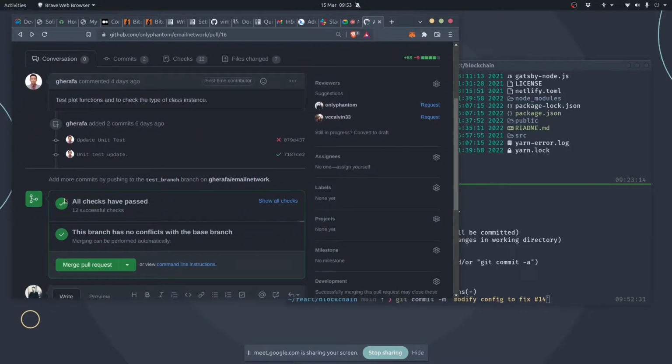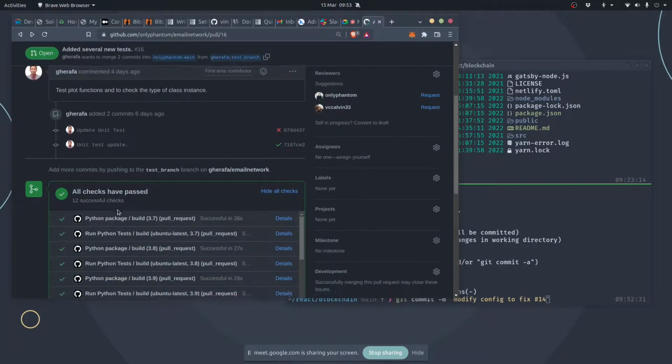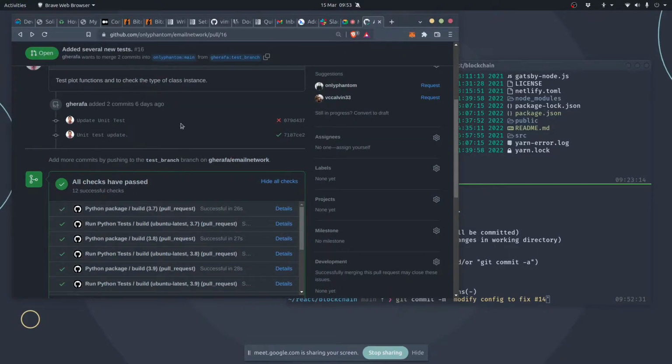The first thing is there is an automated check. Now this automated check is completely automated, so no one is going to even have to go in here and do any of this. So let me show you what happens in the email network itself, and I'll talk about it more generally later,